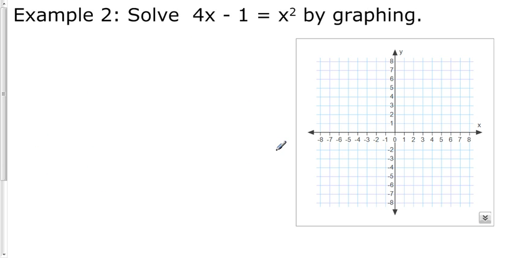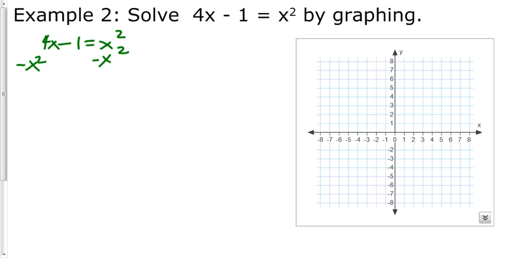Let me show you one more. So this equation says 4x minus 1 equals x squared. First thing I need to do is set it equal to 0. So I'm going to do some math over here. 4x minus 1 equals x squared. All I need to do really is just subtract x squared on each side, and then I'll have it set